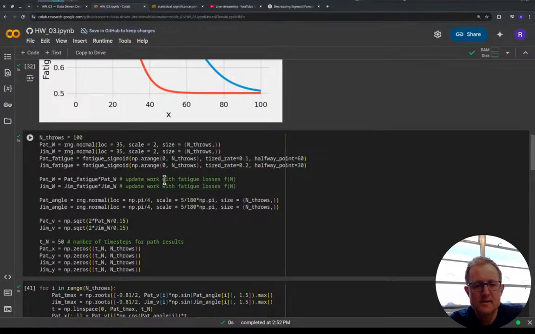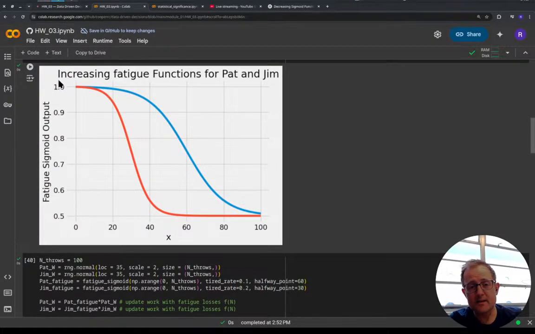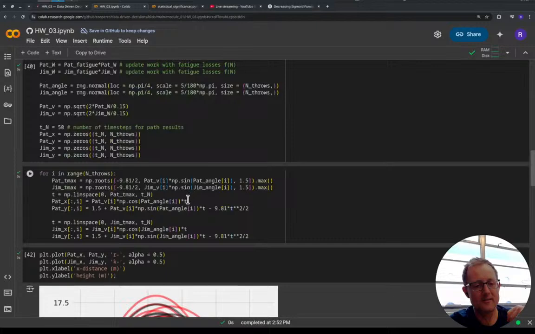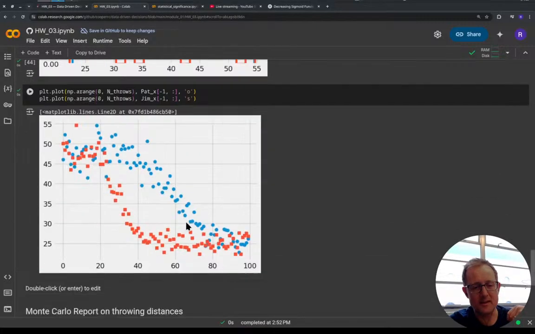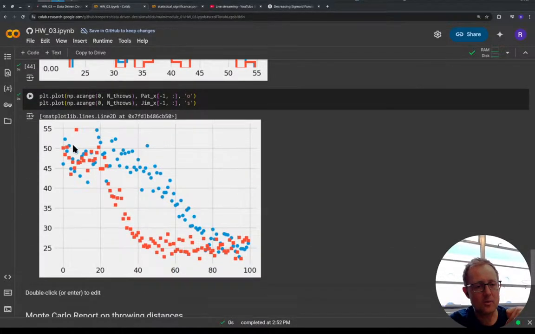And I made a lot of assumptions here in that 50%. That 50% is probably really low for someone who's fatigued. I mean, that seems more like at throw number 500, maybe you're doing like half power. So then you would end up, it's not quite, well, it almost ends up at half distance. So for the most part,